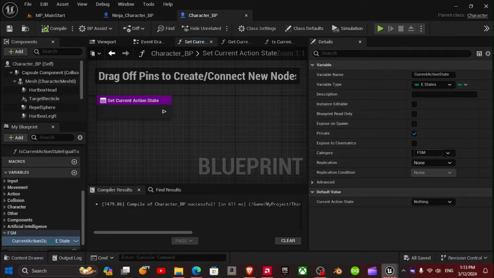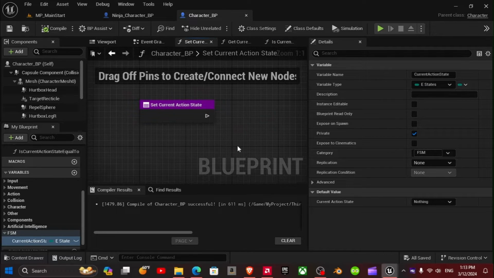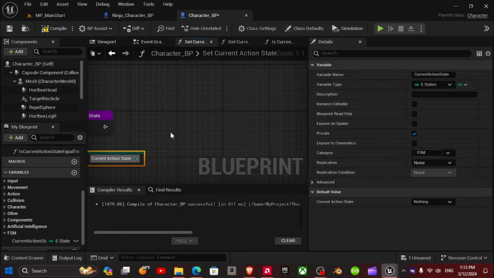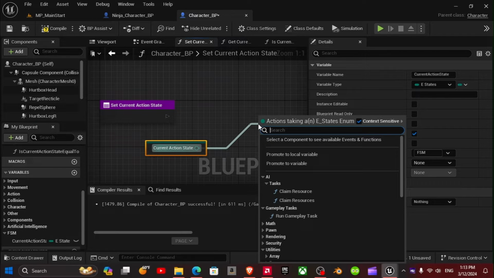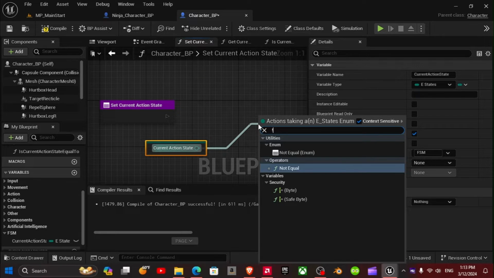Alright, let's set up our current action state. I'm going to hold the control key, then drag it right here. Then I'll drag this node and get not equal.